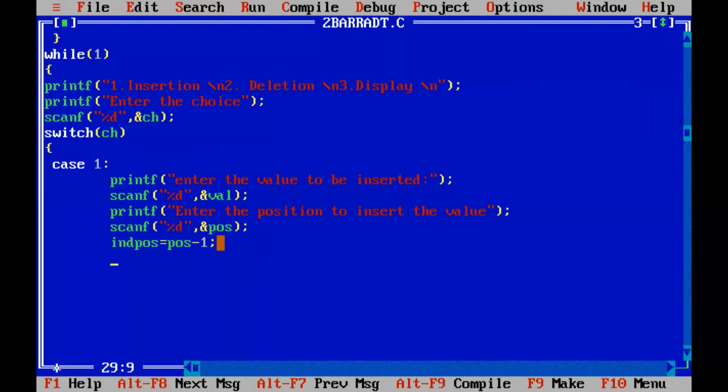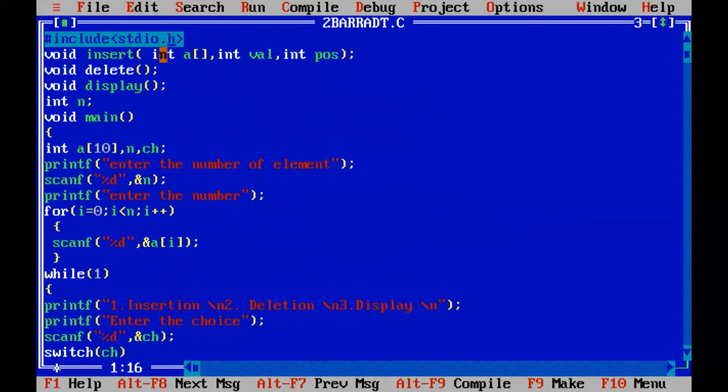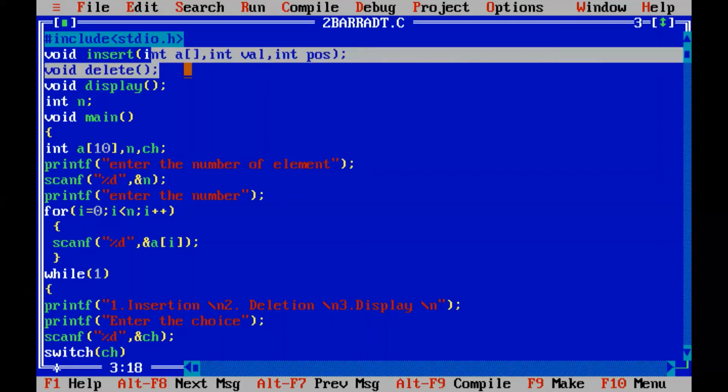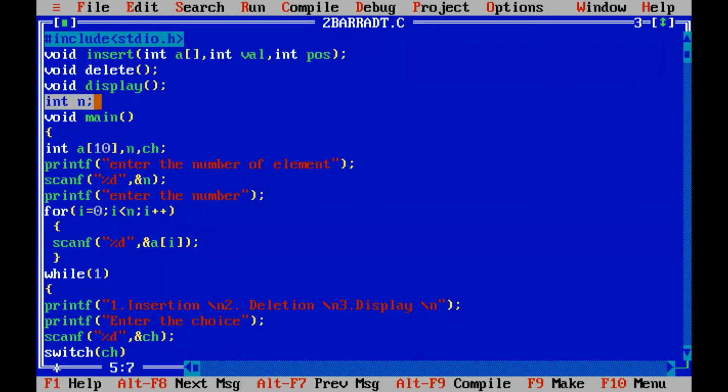After that, what will you be doing? You will be calling that. Now we are not going to implement it here. We are just making a function call from here. What is the name of the function? Insert, right? What are the arguments we are going to pass now? Same thing we have to follow. Whatever we committed to the compiler, we will be passing an array. Second will be the value and the position, right? We are not passing the number of elements because we are declaring it as a global variable.